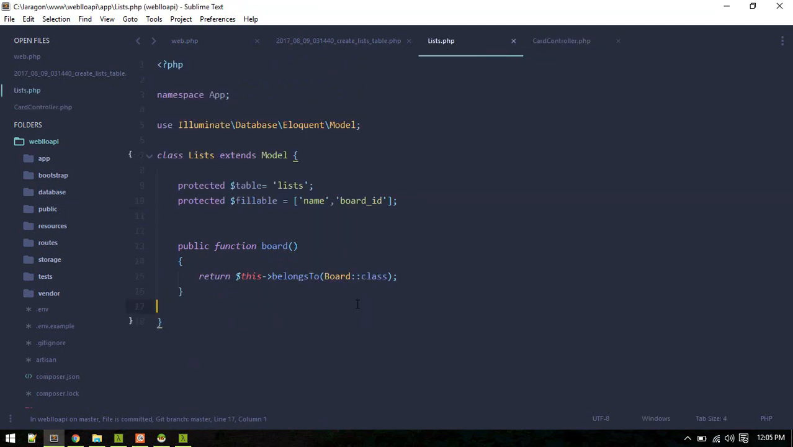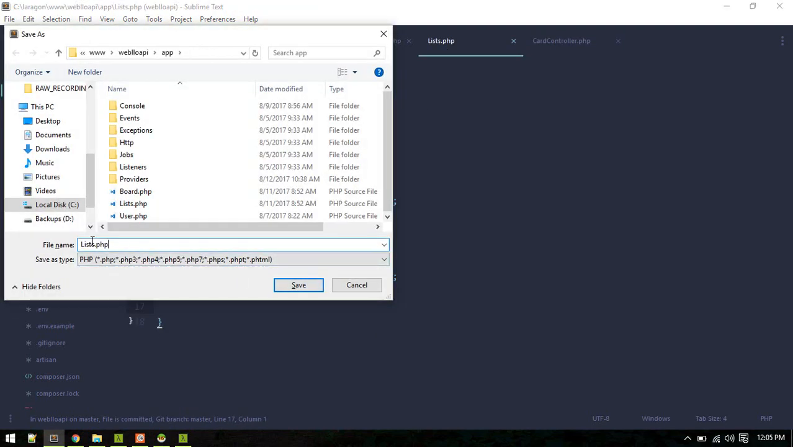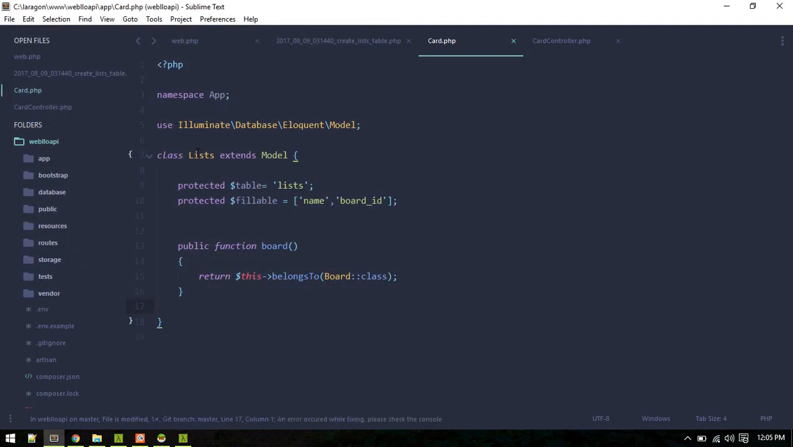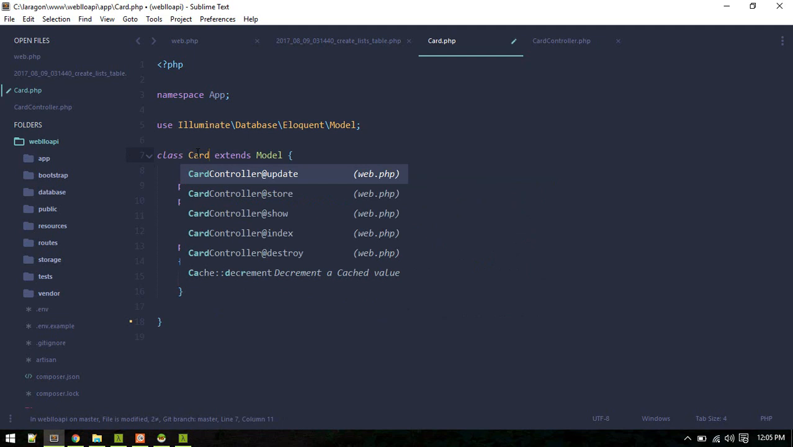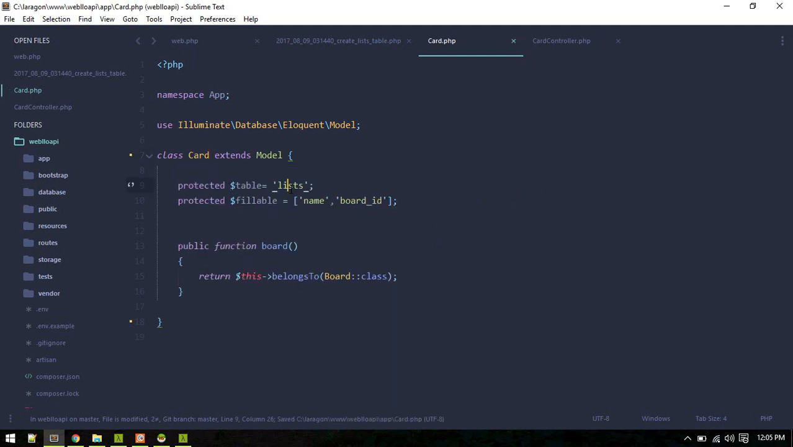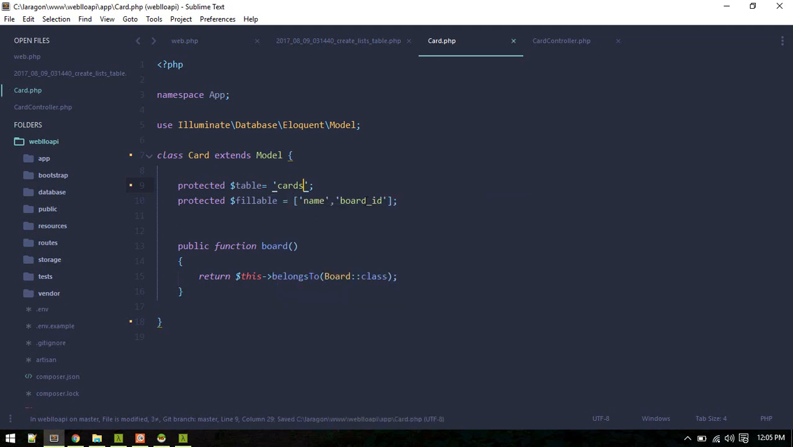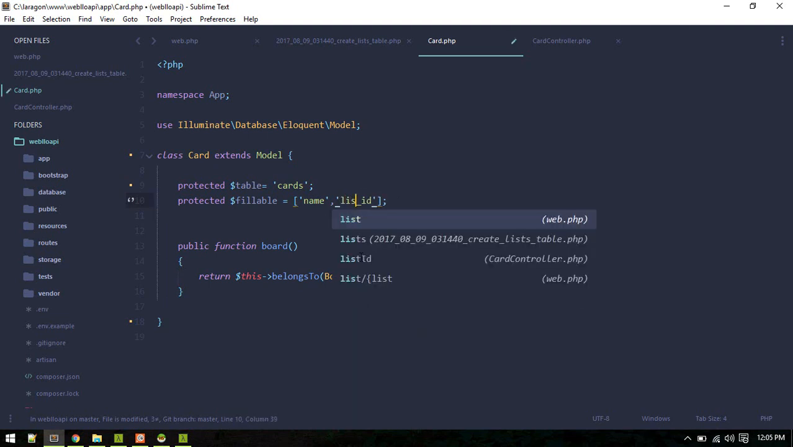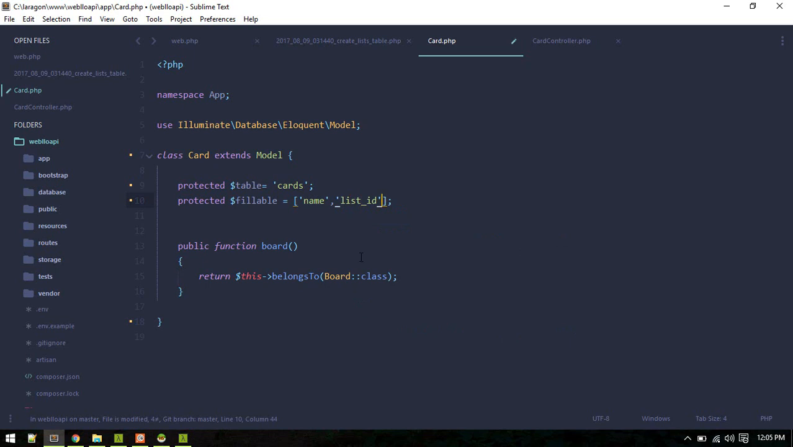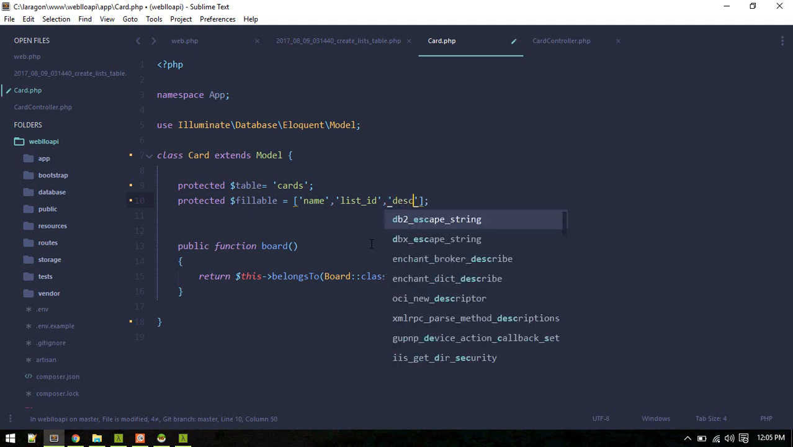So let's go to list, and from here I will create card.php. And inside card we'll have two fields. So we don't need board, we just need list ID, because there is already board ID inside list ID. So if you want to access board, we can access it through lists. And we'll have three fields: description,